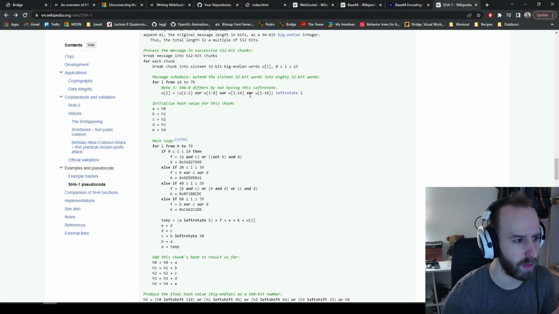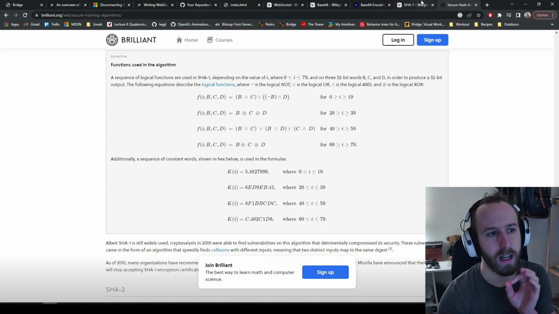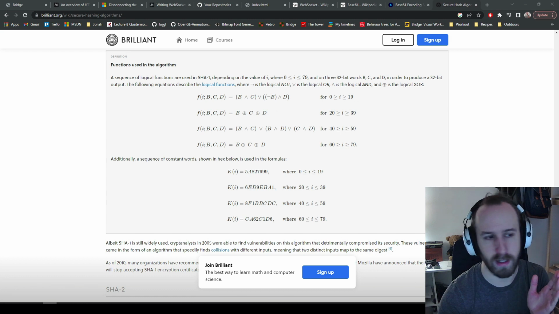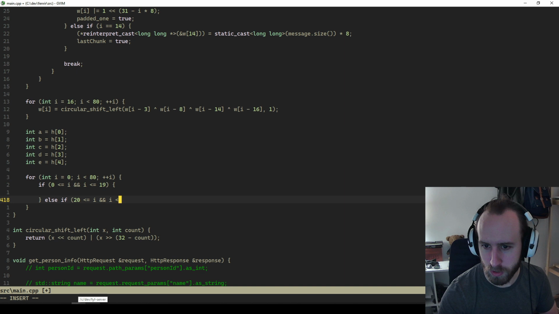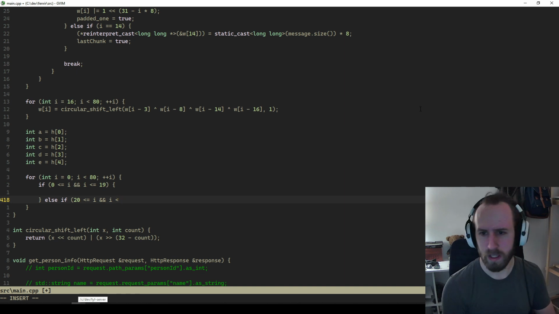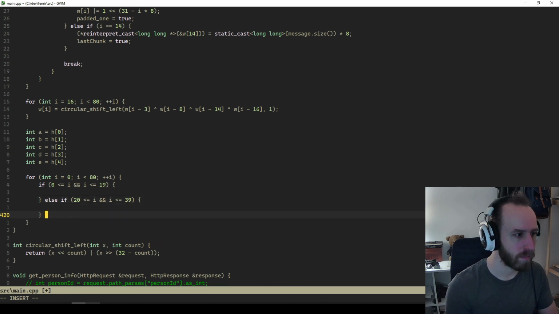Okay, so I'm going to look at this one. Now that I know they have typos, it kind of worries me. I don't want to mess something up and then have to spend an hour debugging it, all because they have a typo. So I'm going to go based off of the pseudocode that we got here in Wikipedia. So if I is between 0 and 19, okay, if I is between 20 and 39, if I is between 40 and 59,